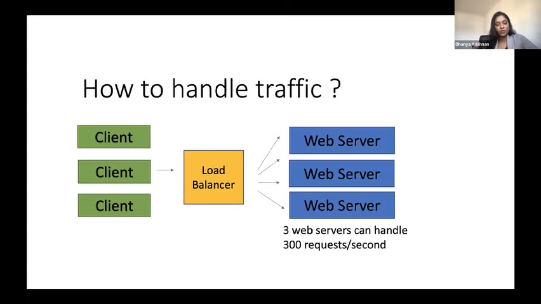Based on the number of requests that you get, you can choose how many replicas you want to have, or how much throughput you want to handle. Throughput basically means the number of requests you can serve per second. So here we also came to the concept of load balancing. So we have put a load balancer that would distribute the traffic accordingly to your web servers, so that the high traffic can be handled.